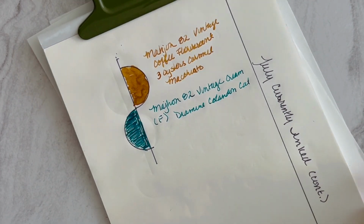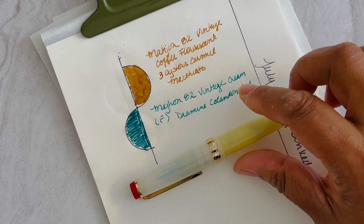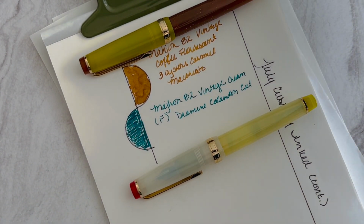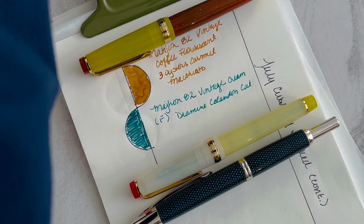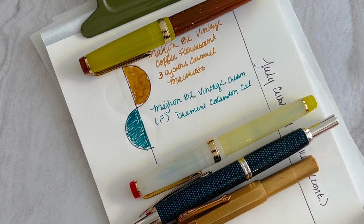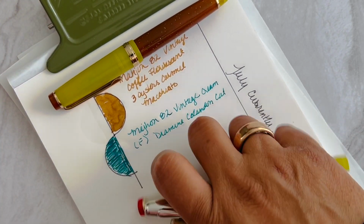All right, so that is what I have currently inked. As you can tell with the addition of me pulling out the 82 and the vintage cream, the fluorescent coffee. I pulled in my Pilot Vanishing Point and Carbonne, which I didn't have currently inked at the start of June, and I think I added in my Kaweco bronze. Those were like the 4 additions, and I have no problem carrying these over into the month of July, but